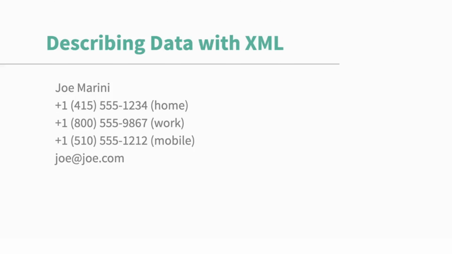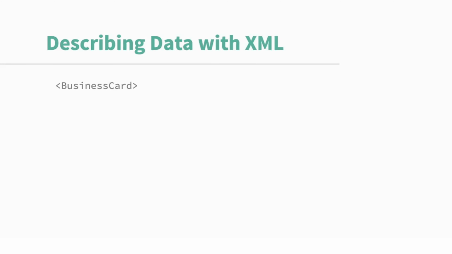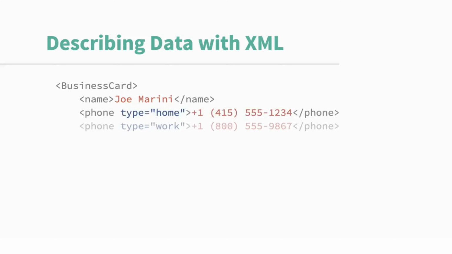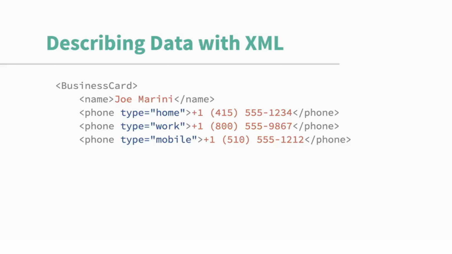And this is an example of what XML does. It applies descriptions and structure to the data that you are working with. So if we were to take the same example and build it in XML, we might be able to structure it in a certain way. Now, don't worry too much if this doesn't make sense right away. We're going to get more into XML syntax as we go through the course, but I just want to show a quick example. So to represent our business card in XML, I might have a tag called business card, and the business card tag might be the root element that holds other data, like, for example, a name. And there might be various tags like phone, and each phone tag might have an attribute that describes what kind of phone it is,